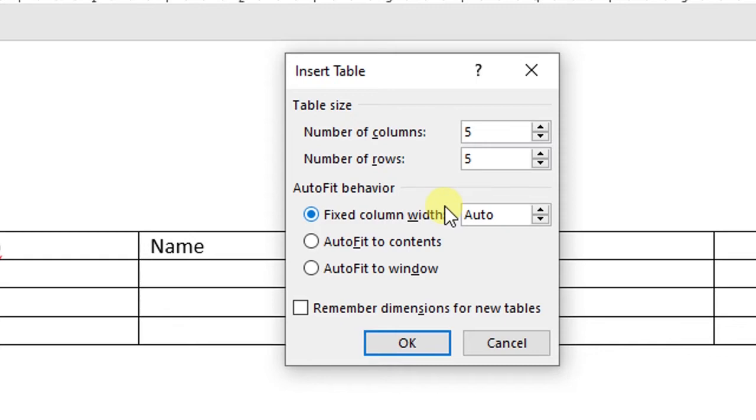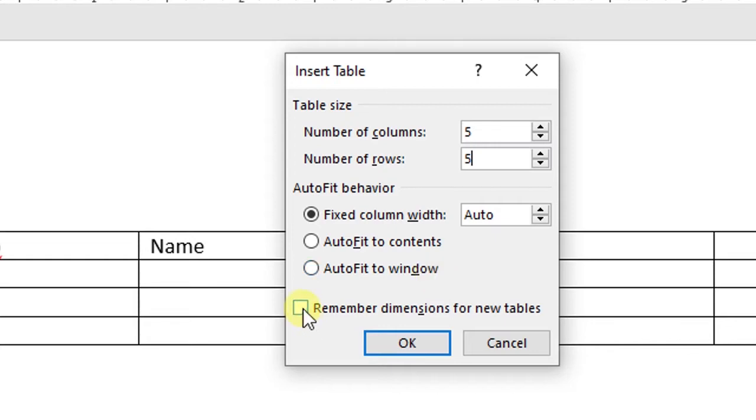In the AutoFit Behavior panel, select Auto or click the up arrow to choose a specific size, or select the AutoFit to Contents option to produce narrow columns that expand as you add data to a cell, or you can use the AutoFit to Window option to expand the table to fit the document size.